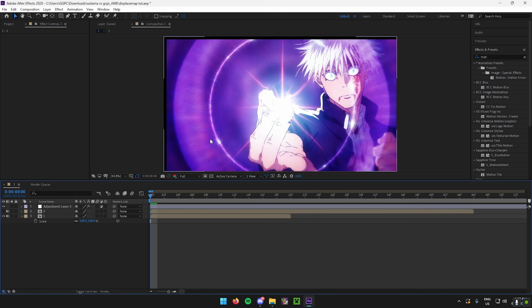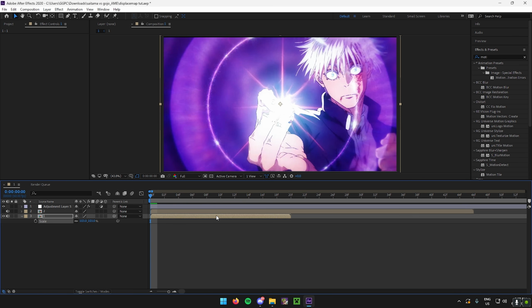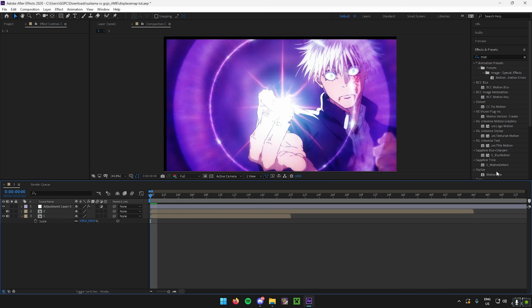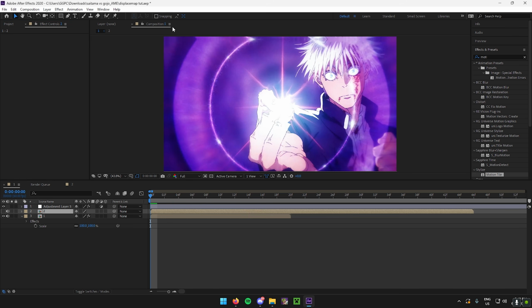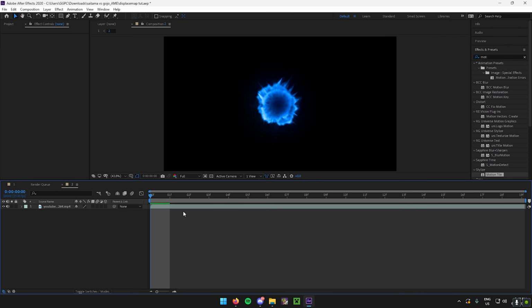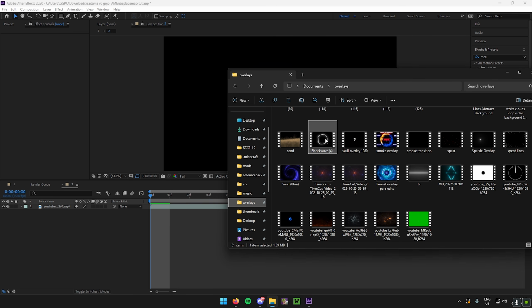So the last thing I'm going to do is just a little bit of cleaning up. You can see that the distortion has brought about these black borders. And to fix this, you can either increase the scale of the clip by just a little bit, you can see it's gone, or you can use motion tile, or you can just do both. Voila! Finally, to prove a point, I'm going to enter the overlay pre-comp, and I'm going to replace the source